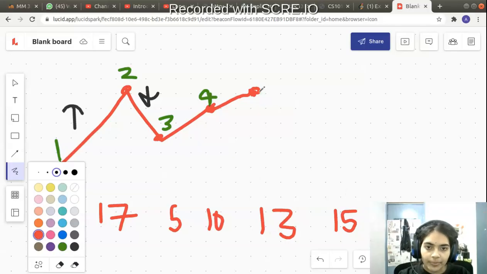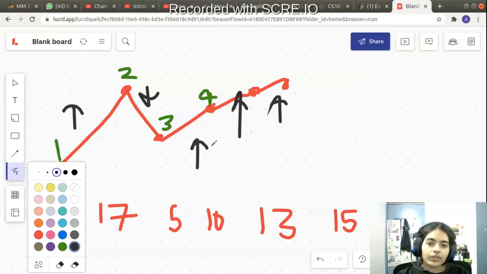Again, you have 15. So 15 is again increasing, right? When you consider this, it is not helping you at all. First you had increasing, decreasing, then you have increasing continuously three times. So it is actually destroying your wiggle subsequence, because a wiggle subsequence means increasing, decreasing, increasing, decreasing.